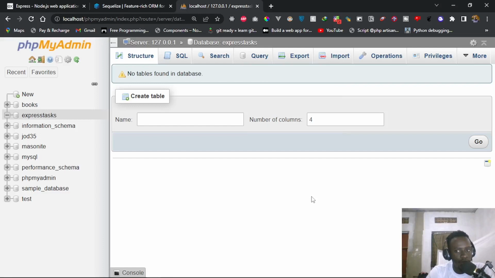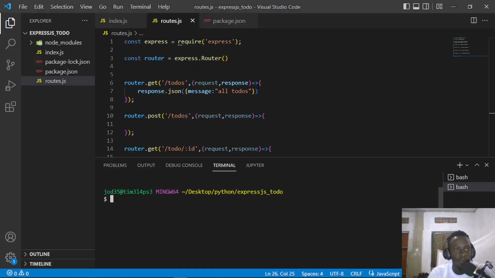So the next thing we're going to do is to set up our database, connect to it, and be able to create a model that's going to define our database schema using Sequelize. Alright, so let us go ahead and connect to our database. The first thing we're going to do is install Sequelize. I'm going to go within our project folder, and first install Sequelize with npm install